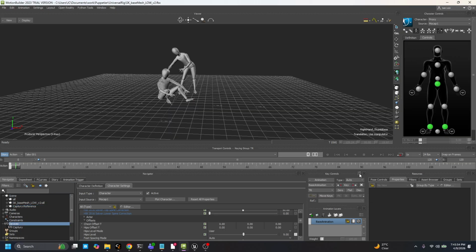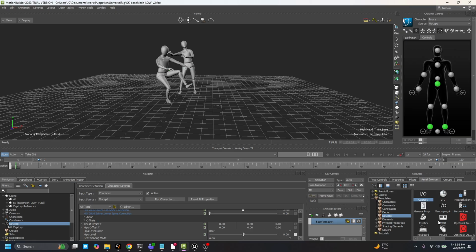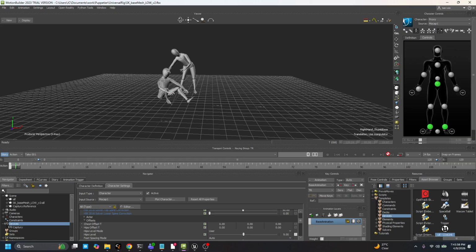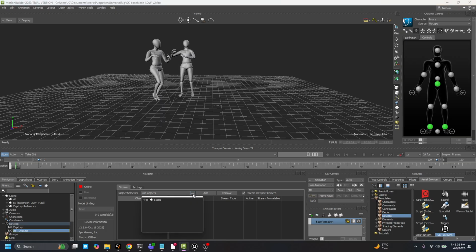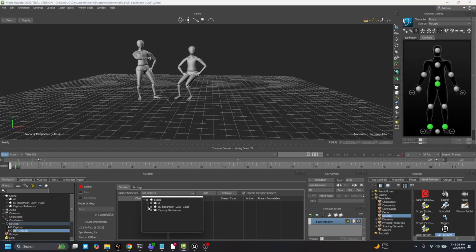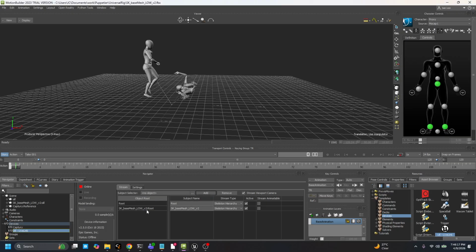So let's go back to our assets. We're going to go to Unreal Live Link, drag that in. We're going to hit these 3 little dots, and we're going to find the characters we want to stream in. The characters we want to stream in are the ones under body, which is root, and under the second one, which is this one. So I'm going to hit add. I'll call this character 1. Call this one